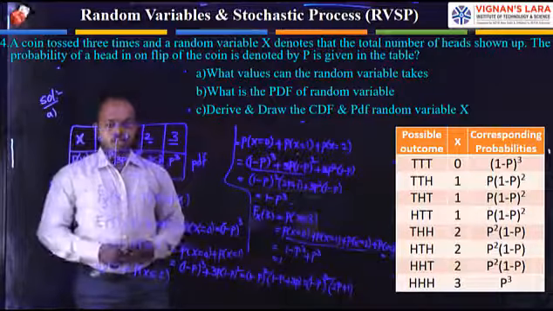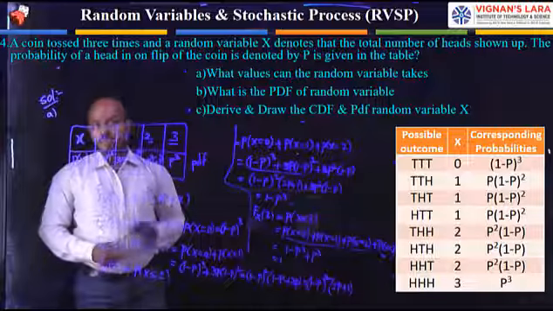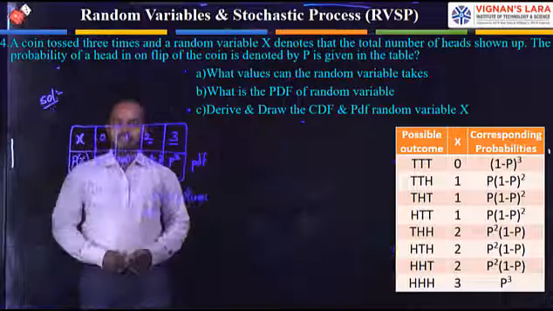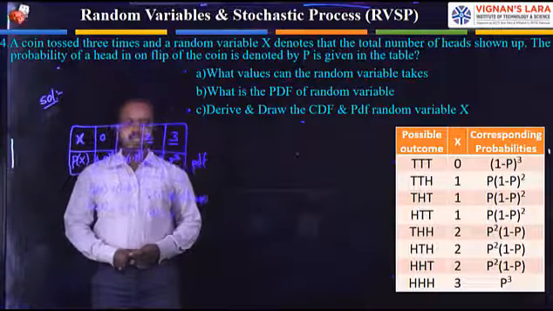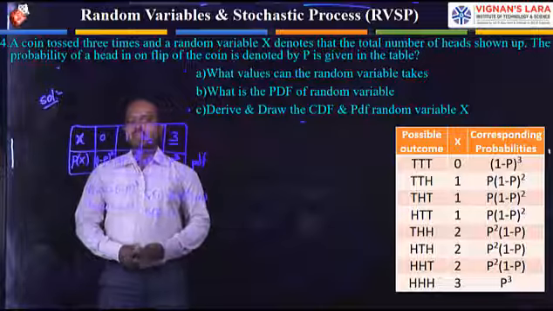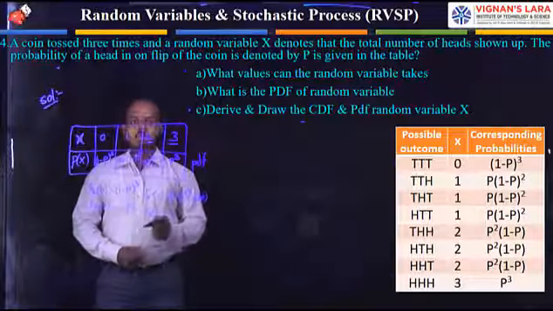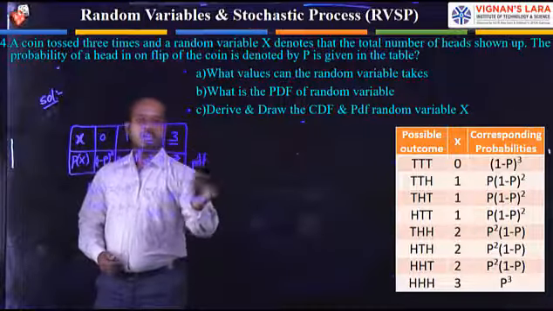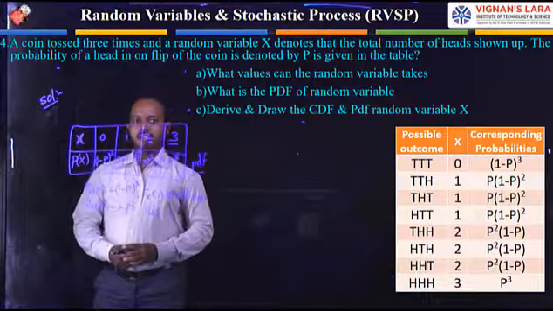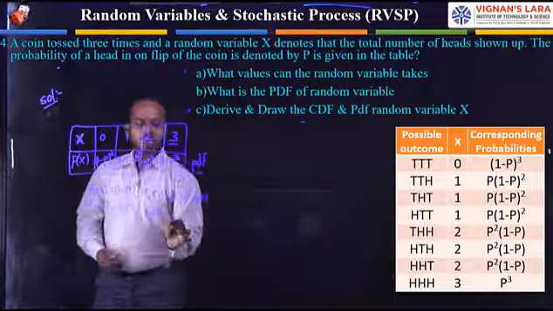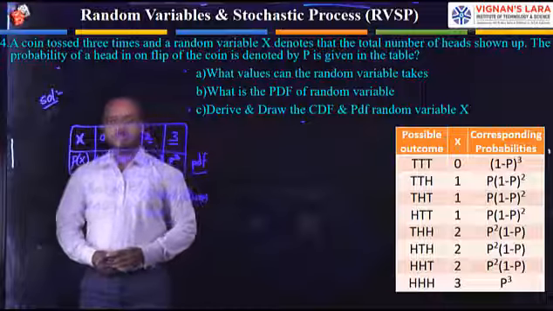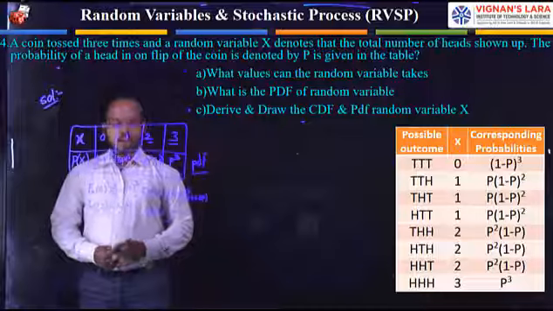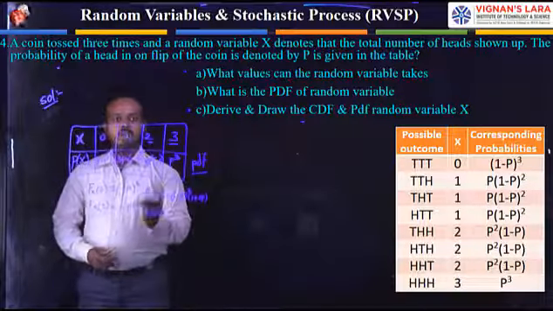Now we are representing the graphical representation of the cumulative distribution function and density functions. Coming to the third one, we can draw the cumulative distribution function and probability density function. The second one is the cumulative distribution function. He is asking you to plot the cumulative distribution function. Here I am plotting the values of the cumulative distribution function.